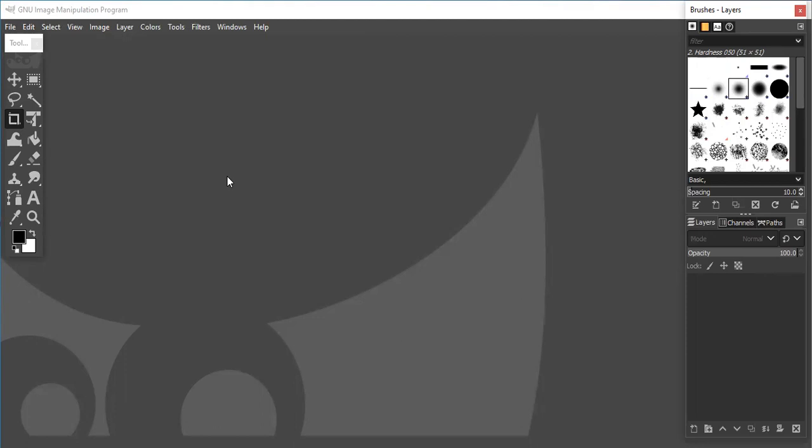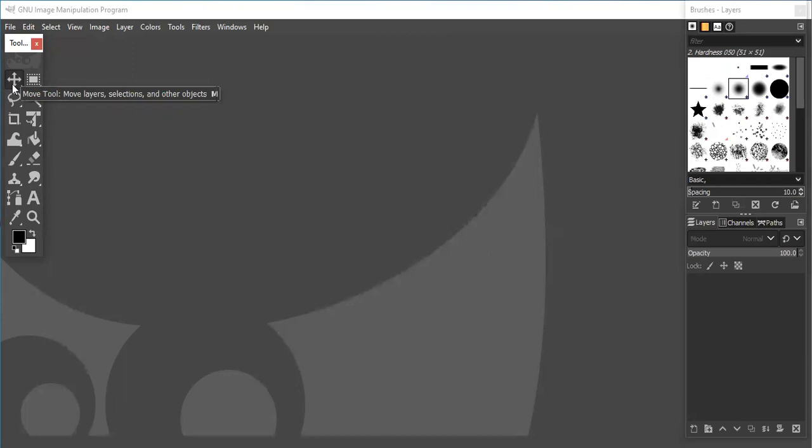Here some of them are there. Let us see what are those that are present here. First one, see here. You will get the name automatically over here whenever you move the cursor. So see, this is called a move tool. You place the cursor there, and you will be shown the name of that particular tool.